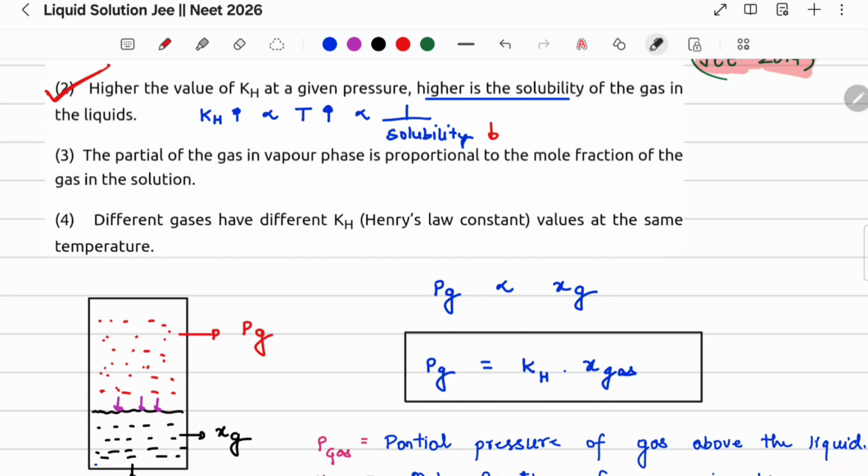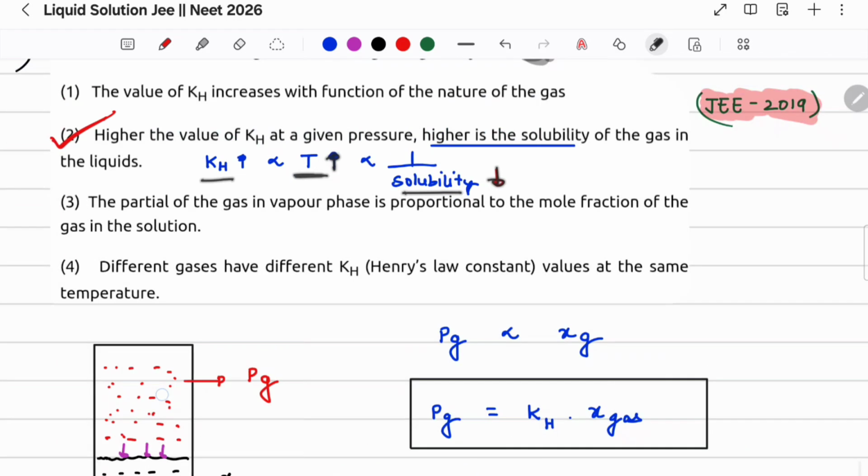So only one thing you need to know for this: KH is directly proportional to temperature, and temperature is inversely proportional to solubility. At higher temperature, gas will be less soluble. That's it. So your answer will be